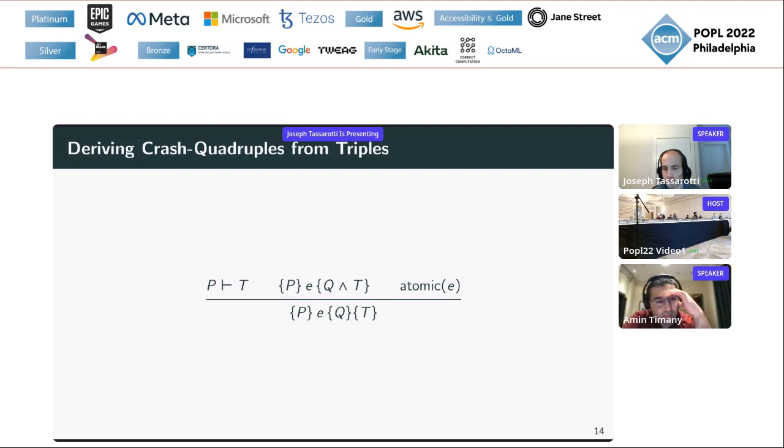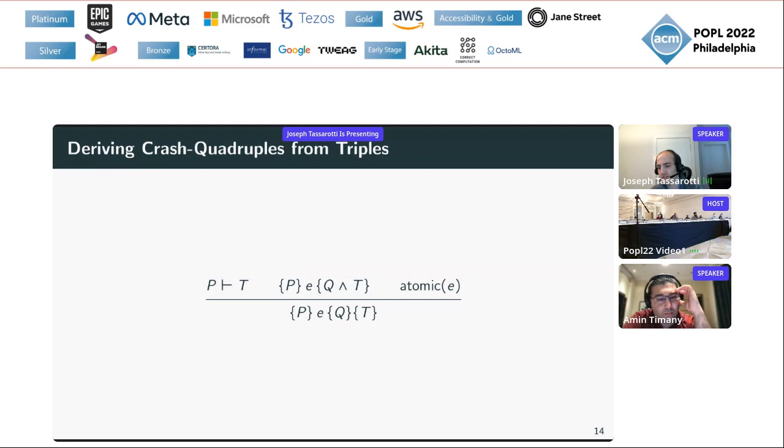So what this proof rule says is if you want to derive a quadruple about E with crash condition T, then it suffices to show that the precondition P implies a crash condition. And you also have to prove a Hoare triple where in the postcondition you have to show that T still holds. All right, so the leftmost premise is capturing the idea that the crash condition has to hold before E takes a step. And the triple postcondition is capturing that T has to hold after you take a step. Okay, and this is very crucially here, I'm thinking about an atomic expression, so one that reduces to a value in a single step of execution.